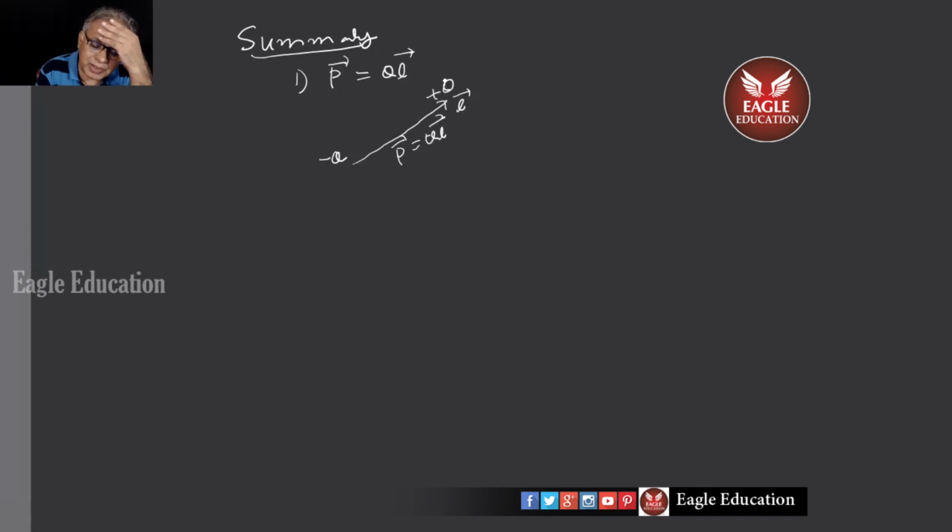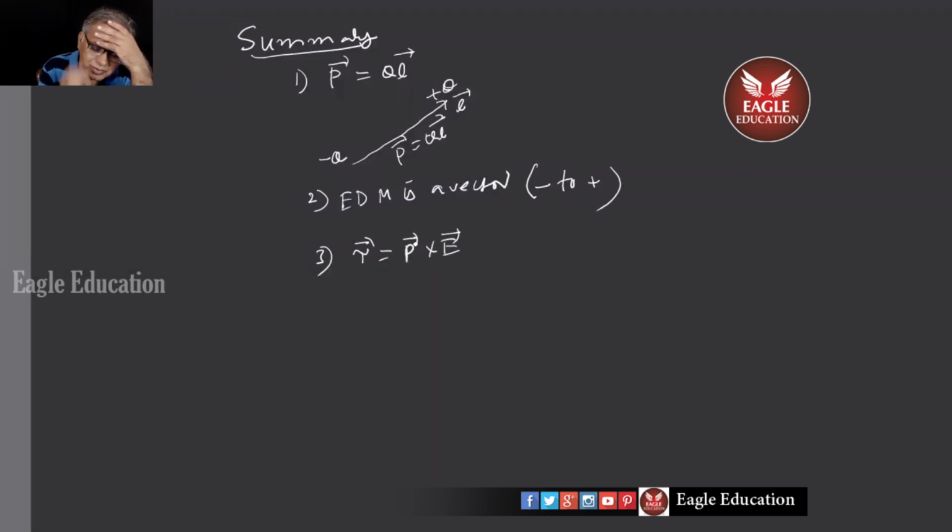And do you think if I take plus Q, the direction will change? Tell me. There's an immediate question people ask, which you need not ask. Obviously, P bar, the electric dipole moment, is a vector. The moment you wrote it like this, you do not have to say it: direction is from minus to plus. So the torque on the dipole is P cross E. That's all. This is the summary.